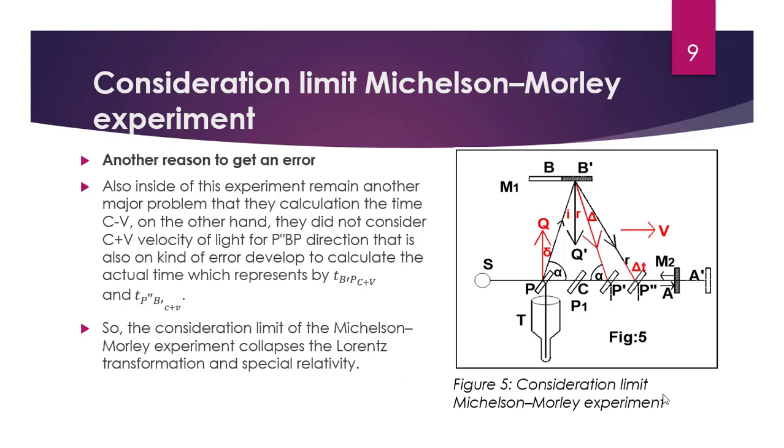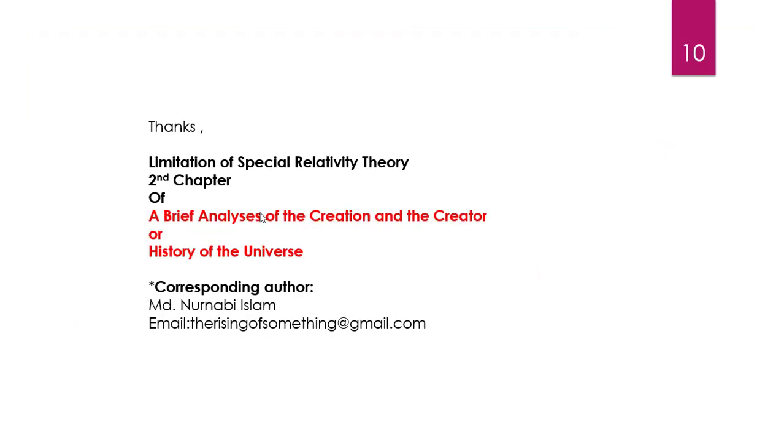So when there is a problem, the whole modern science will collapse almost at the same time. So you see that there is a problem. For this reason, the special relativity and the Lorentz transformation, wormhole, time travel, are no more actually. E equal to m c square also no more. Constant limit of the Michelson-Morley experiment. That's it. Thanks.